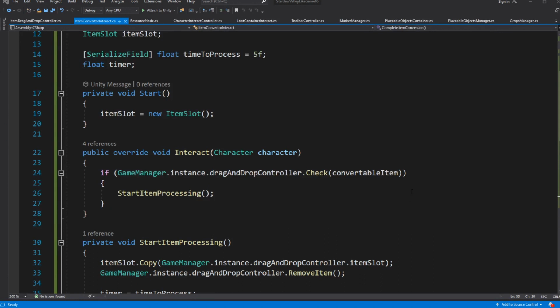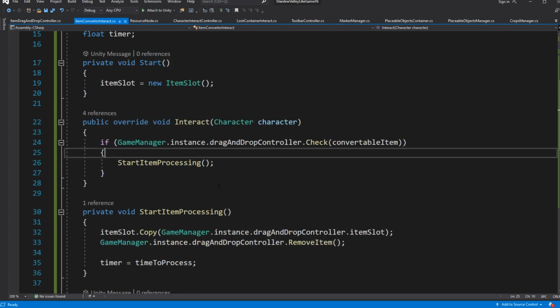Then, in the interact, if we are done processing the item, when we interact, we want to give the item to our player.